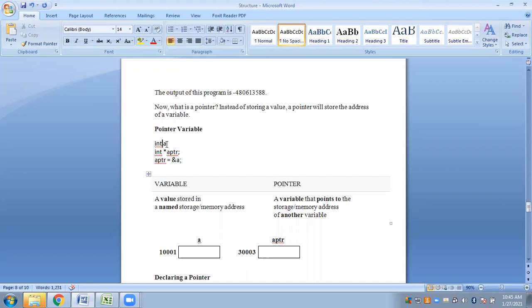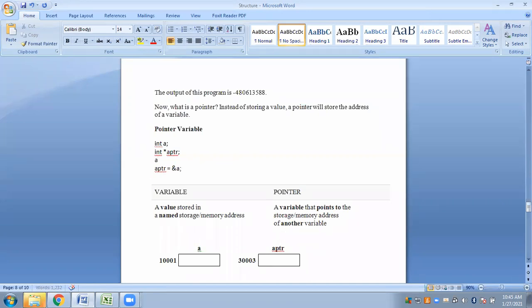Now, if I am to store something inside a, suppose I write a = 100. What I have done is initialize a with 100. That means I have stored 100 inside a. Okay, so I can write this inside a. Is that fine? Is it clear till here? Just look at this part. Yes, ma'am.